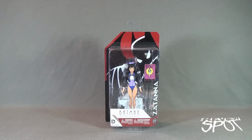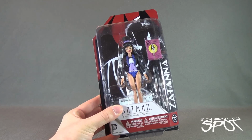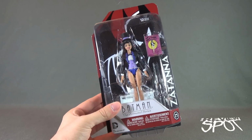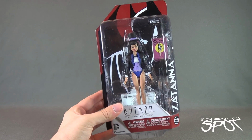Today on Toy Spot, we are having a look at the DC Collectibles Batman: The Animated Series figure number 25, Zatanna. Zatanna appears to come with 12 pieces. I was going to say 20 pieces, 12 pieces. She comes with a poster, she comes with her wand, and she comes with her display stand with some interchangeable hands. A figure that I feel could have come later into the line,